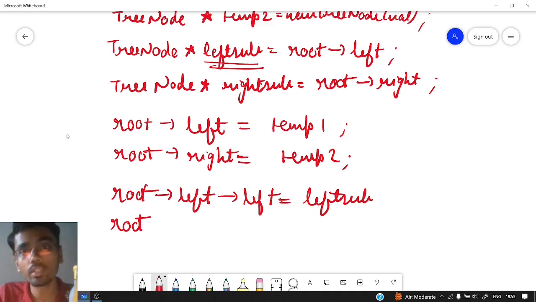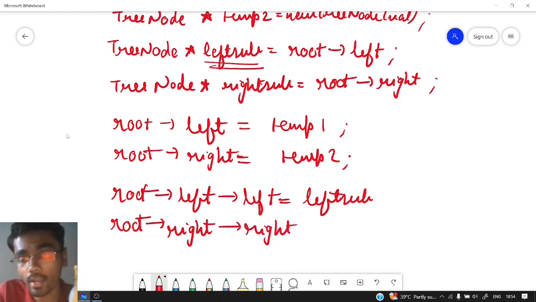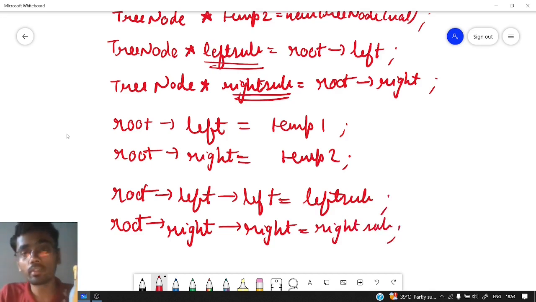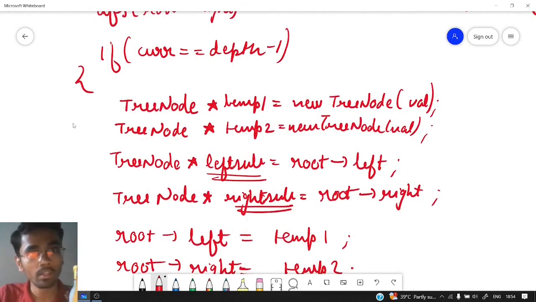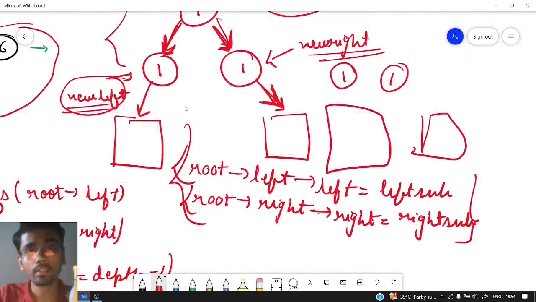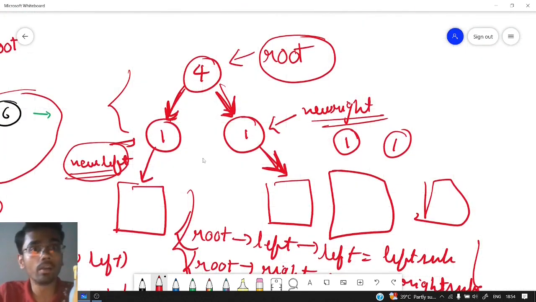Similarly for the right subtree, how will we do it? We'll first go to the new right. How can we go to new right? By going to root's right. Now new right's right child will contain the right subtree. What is the right subtree? Right sub. So this is how we have done this. Here our if statement that we started previously will also end. So this is how we have added these nodes and made our new binary tree, and this was the actual answer also, if you remember.